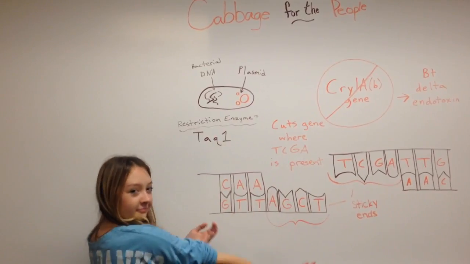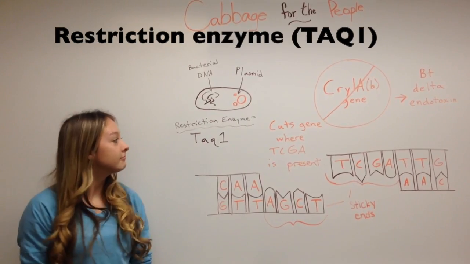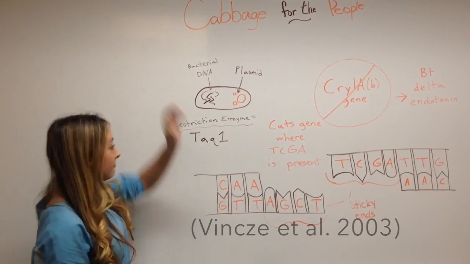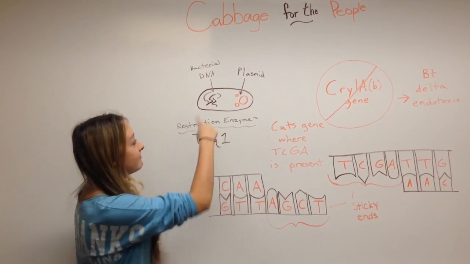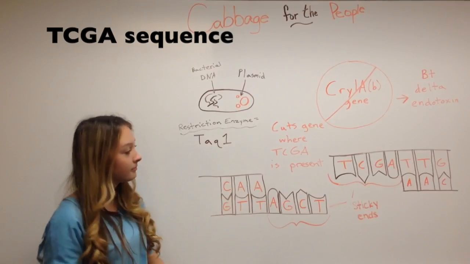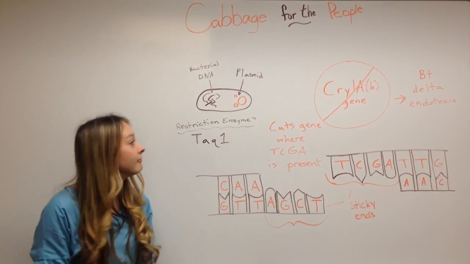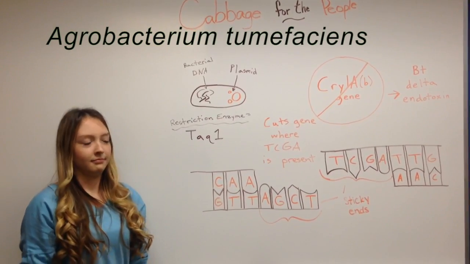In genetically modified organisms, new DNA must be inserted. This is done by using a restriction enzyme. To make Cabbage for the People, the restriction enzyme TAC1 is first used to splice the plasmid, or circular piece of DNA. It is cut where the gene sequence TCGA is present in the cabbage, creating sticky ends, as seen on the whiteboard. The vector or vehicle used to transfer it is Agrobacterium tumefaciens strain,